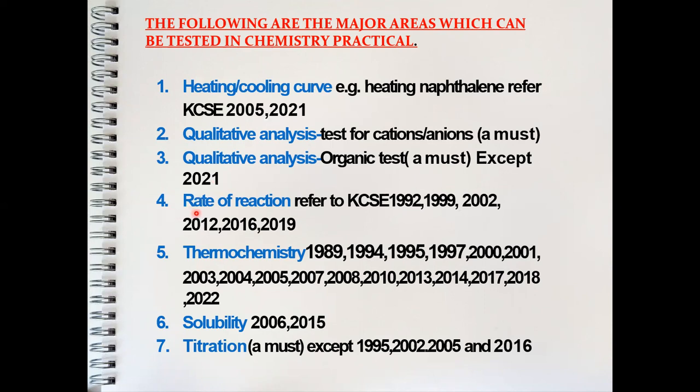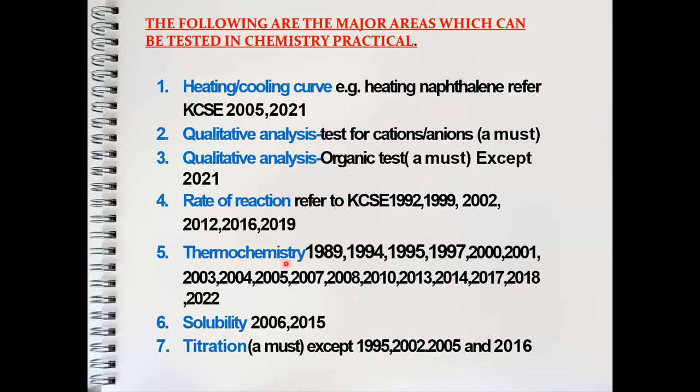Another major area is the rate of reaction. This one you can refer to 1992, 1999, 2000, 2012, 2016, and 2019. So you can see it has taken time before it is tested. Also, we have the